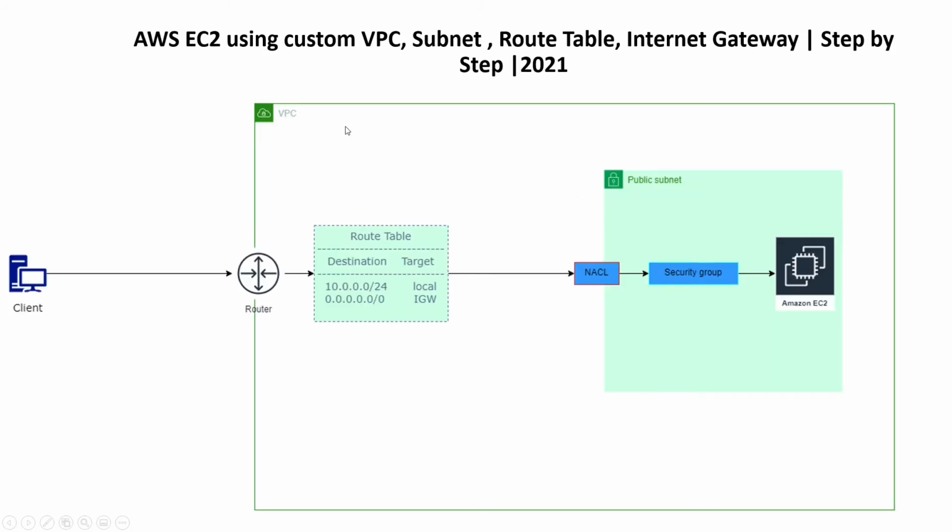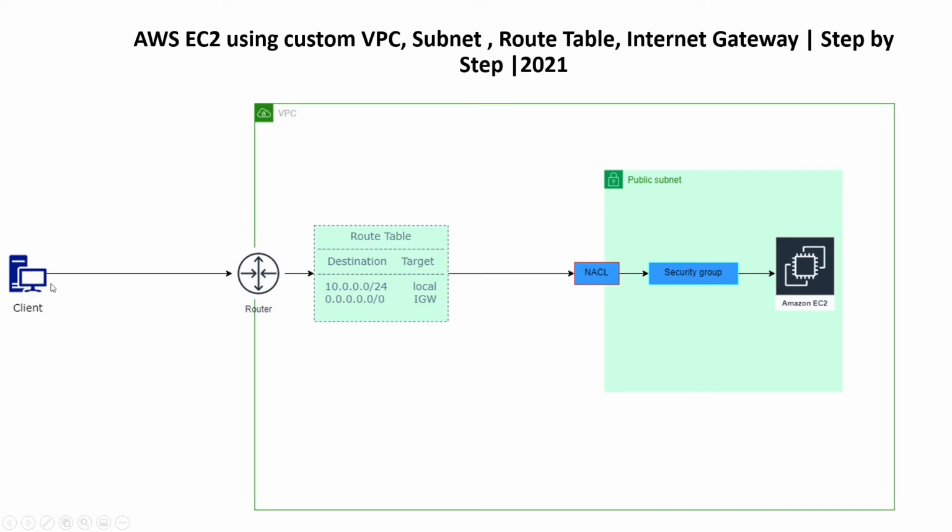We have created a VPC. You can see this on the outside. Next one is the subnet. Next one is EC2. So we have created a security group. The security group is attached to the instance, so it will ensure connectivity at the instance level. And next one is the route table. This is what it looks like.